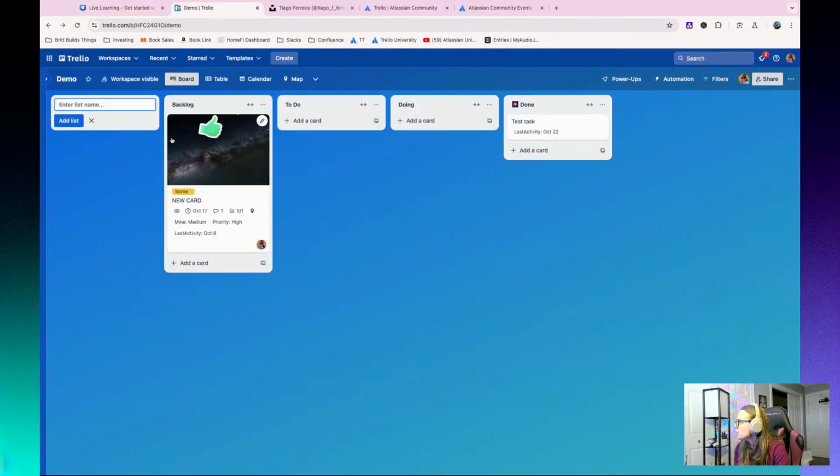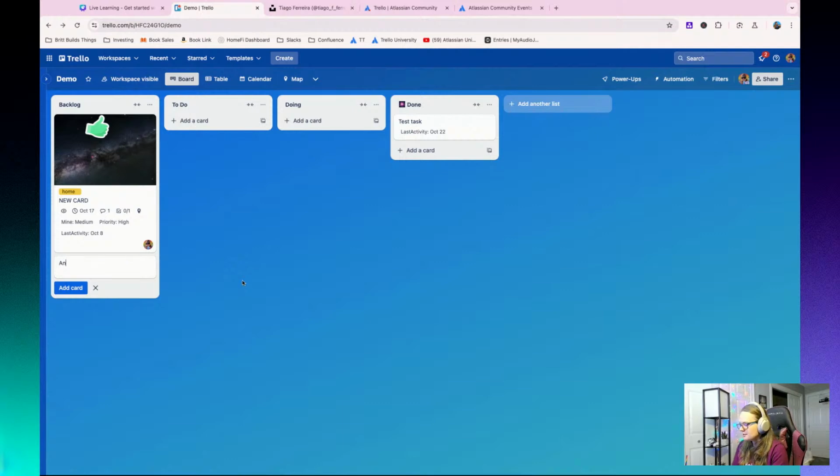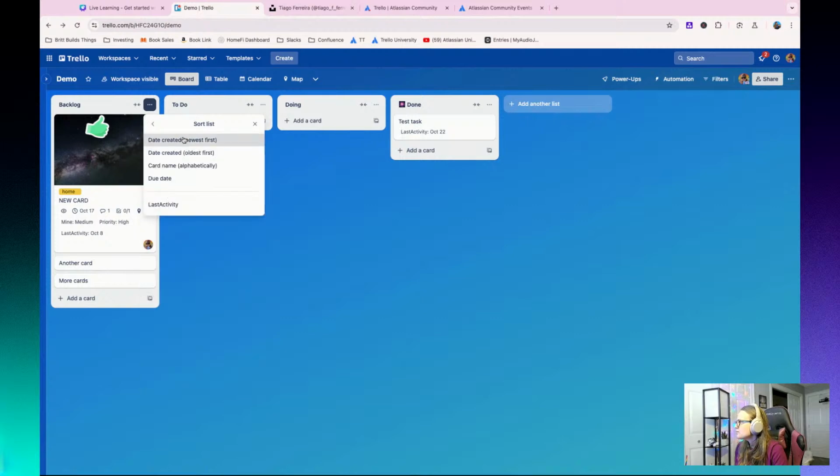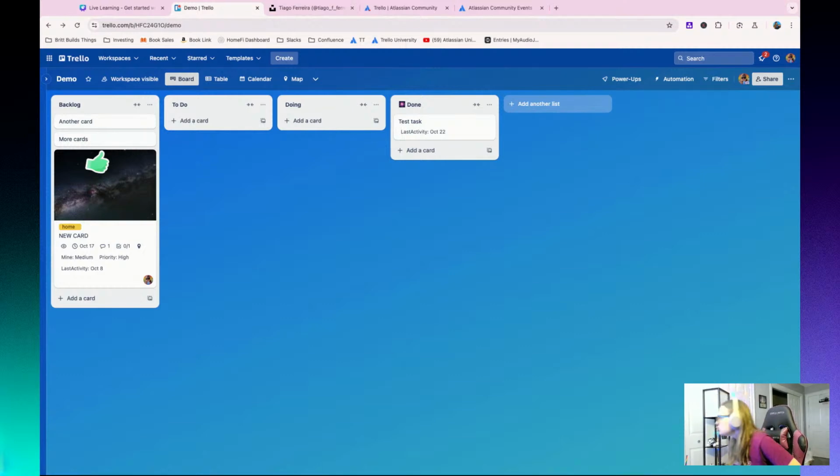You can sort cards in a list. So once you've got, let's say, another card in here, more cards, we can click these three dots at the top of the list to sort these cards by when they were created, when they are due, or their name. You can even sort by last activity, so you can see which ones have been active recently or which ones haven't. Or sorry, that's a custom field, but you can sort by any custom fields that you have in the board. So let's just go ahead and click to sort that alphabetically. And you see now that it has shuffled and moved them around in that way.